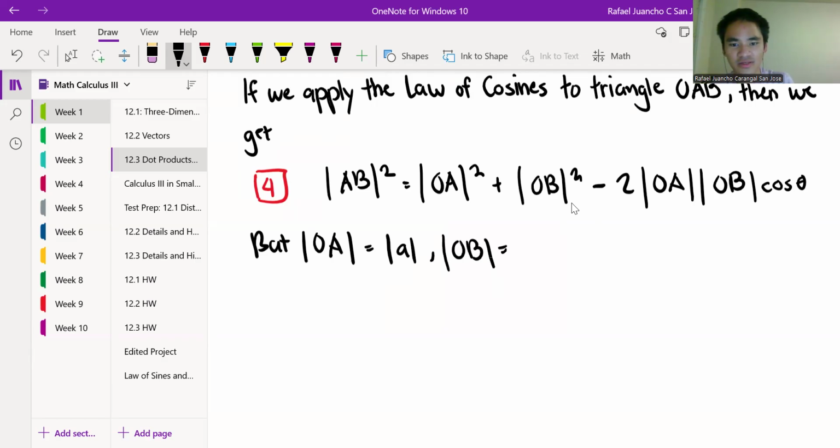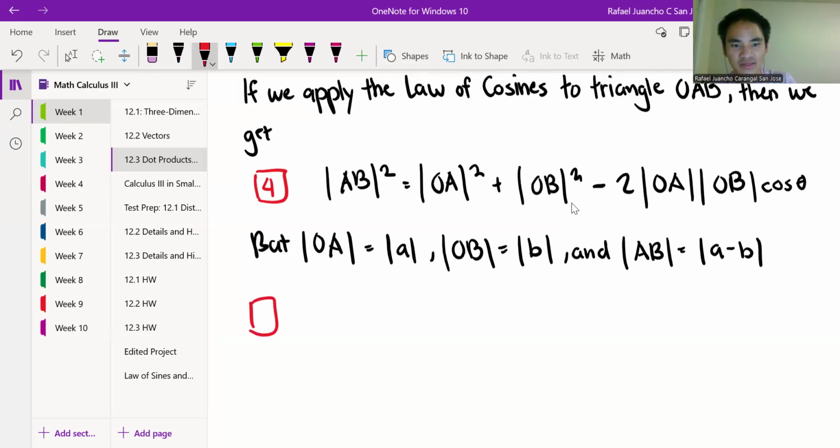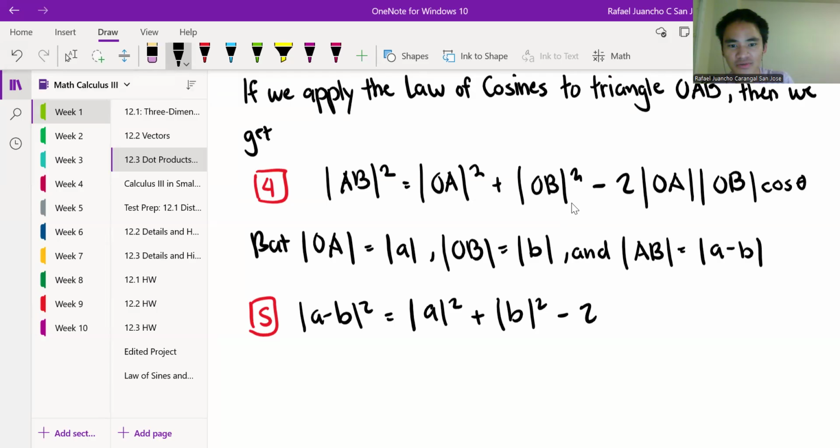OB, just to make it look cleaner, is B. And AB is A minus B. Then this will basically become A minus B squared is equal to A squared plus B squared minus 2AB cosine theta,